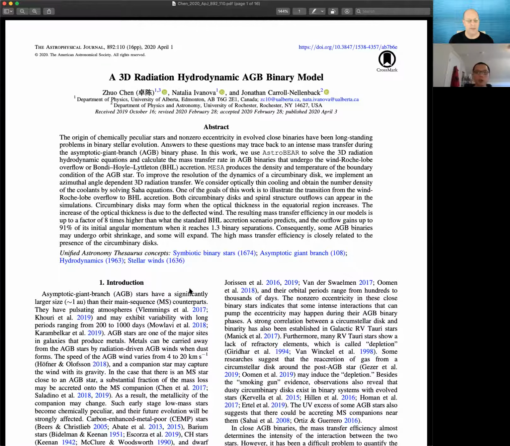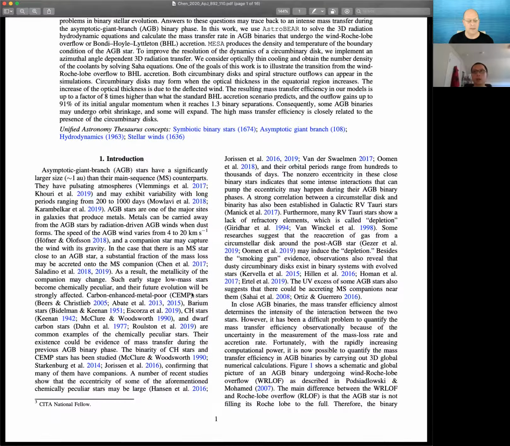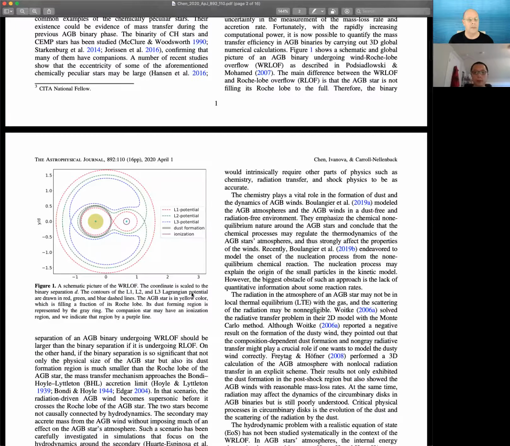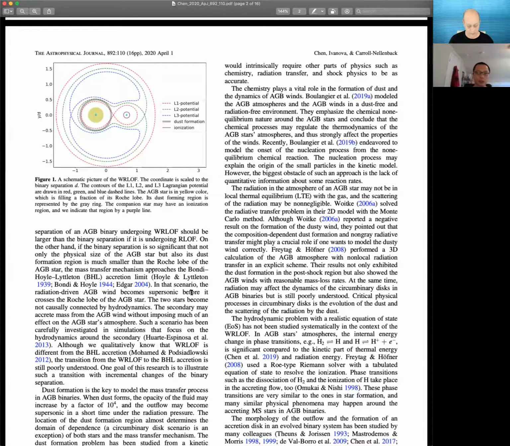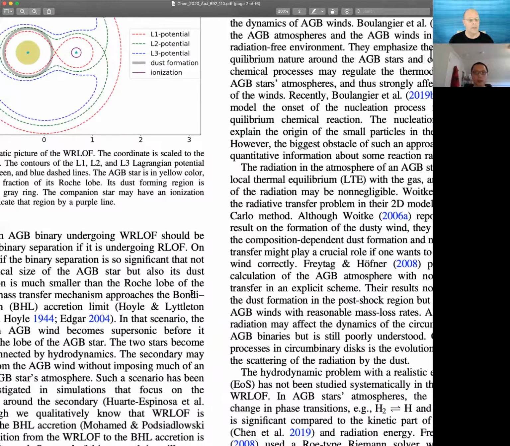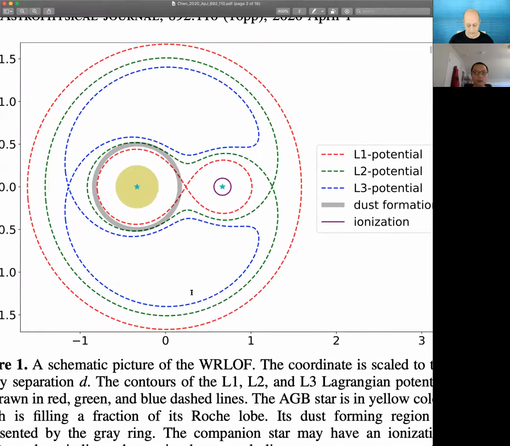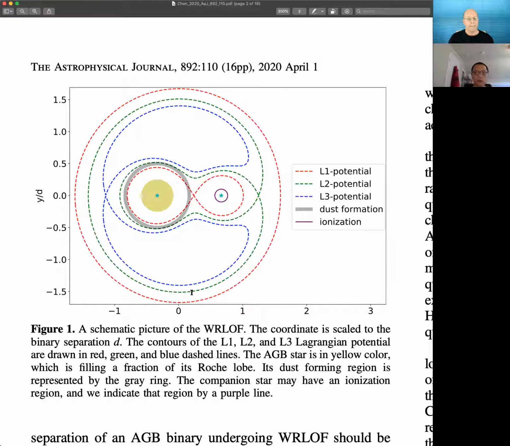So if we go from that, we can think about the binary system and think about the astrophysics and the physics in this system. So if we go to figure 1, and focus on figure 1, we can think more about the physics. And this is a schematic picture of the wind Roche lobe overflow, which is the central picture of this